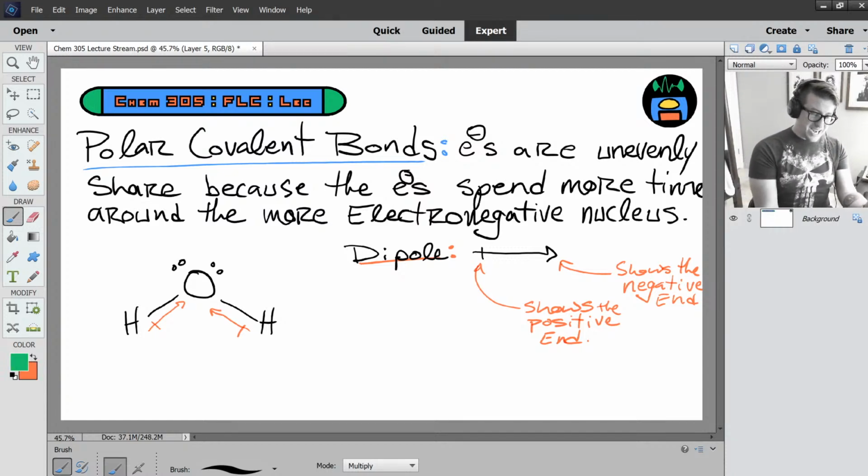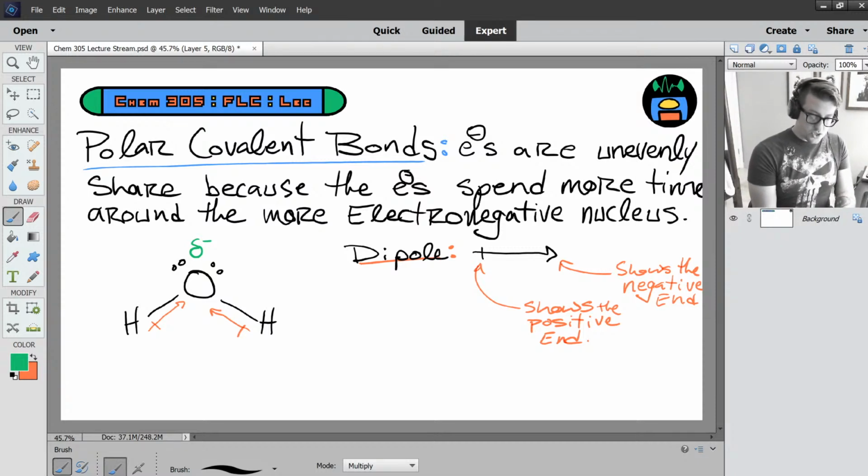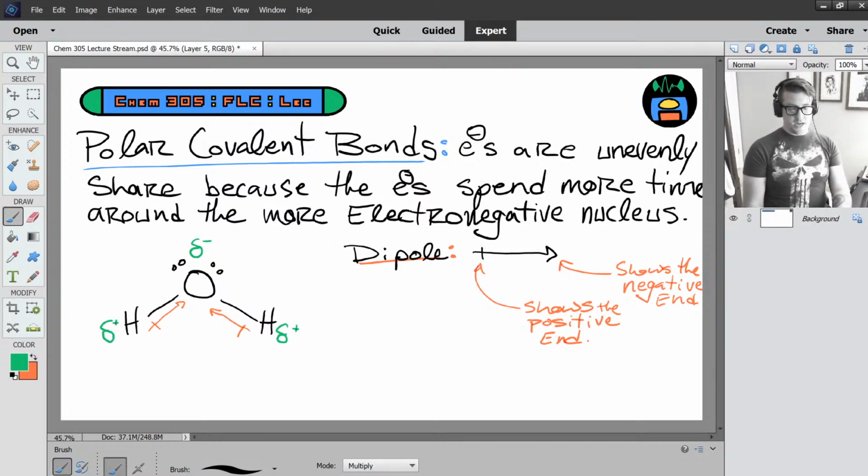What this creates is a partial negative charge, not a full-blown negative ionic charge, right? Because the electrons aren't taken. This bond is still covalent, but it's partially negative on oxygen, and it creates partial positive charges on hydrogen. All right? And so this right here